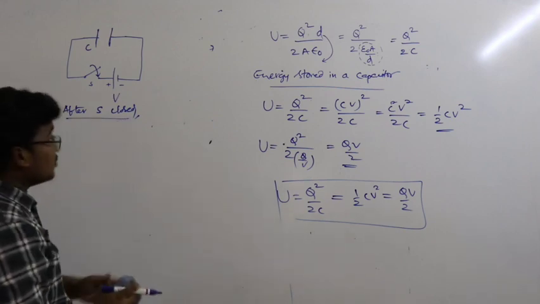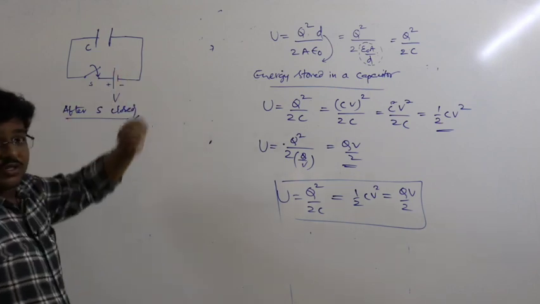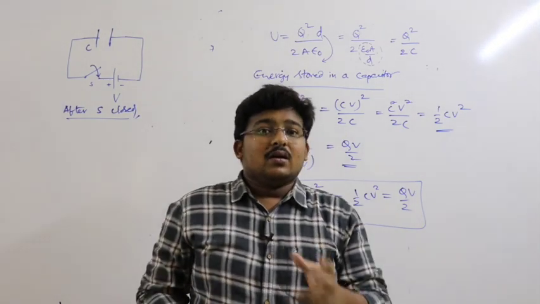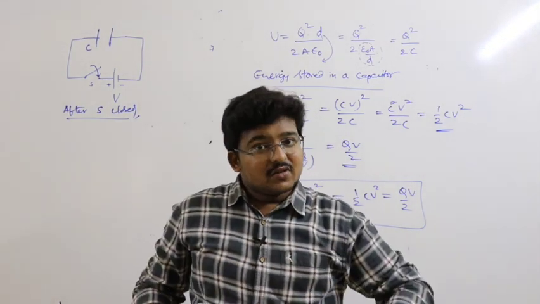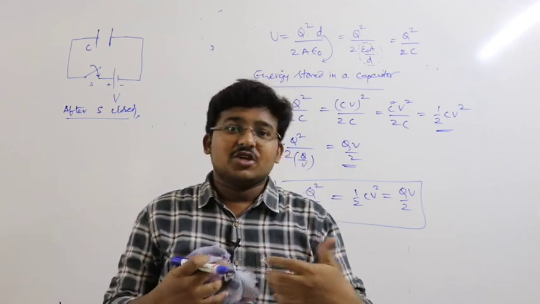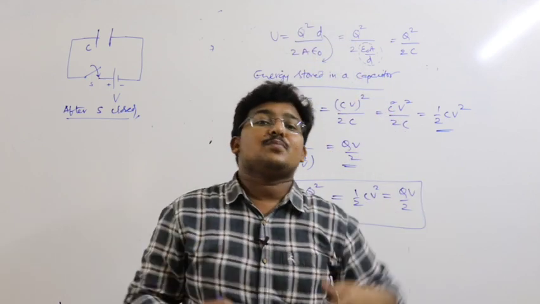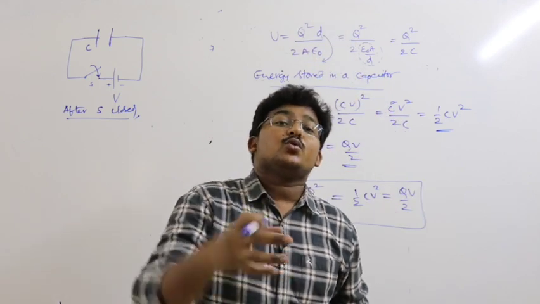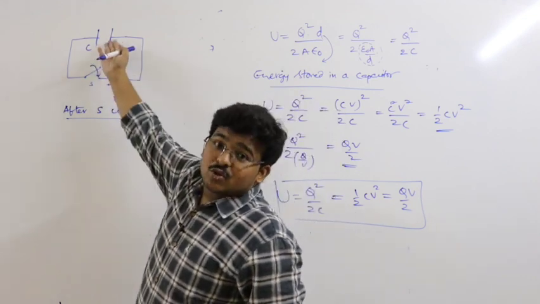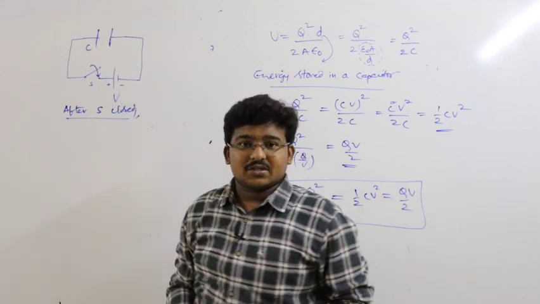When the switch is closed, the battery has some potential difference V and the capacitor has no potential. So what does everyone seek to be? The battery will say, I have a potential difference and you have none, so let us share the potential so that everyone will automatically be at the same potential. So I will make you gain the potential. In this way some potential will be stored, which is nothing but the potential of the battery becoming equal to the potential of the capacitor.